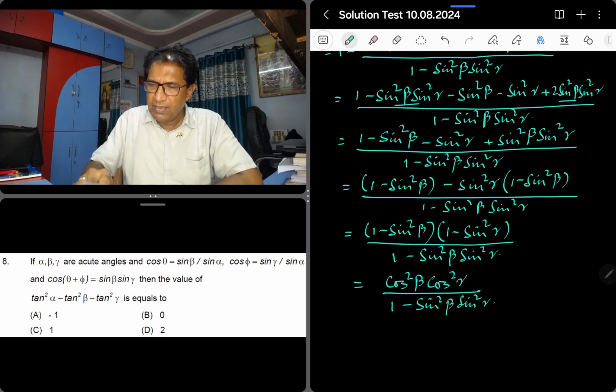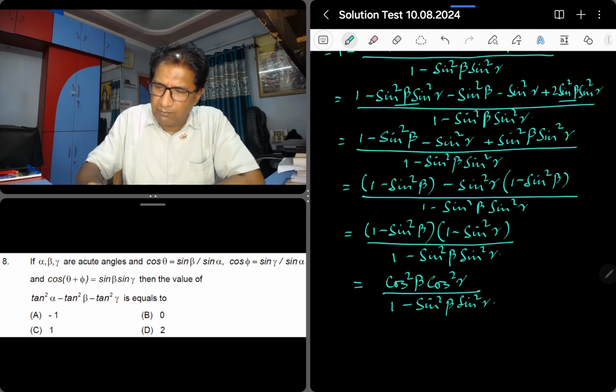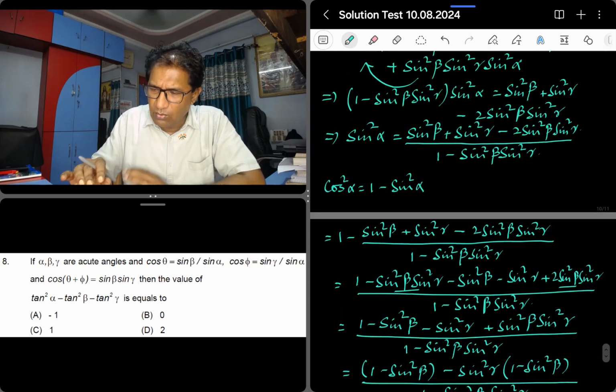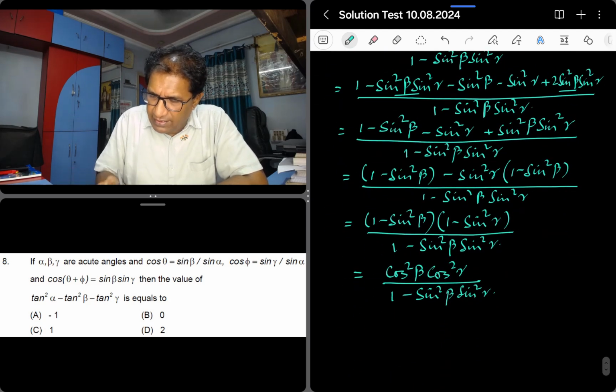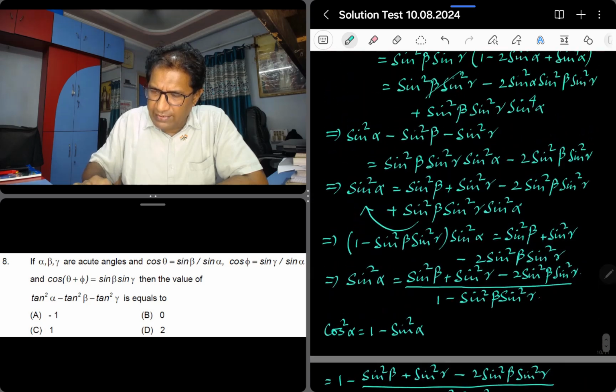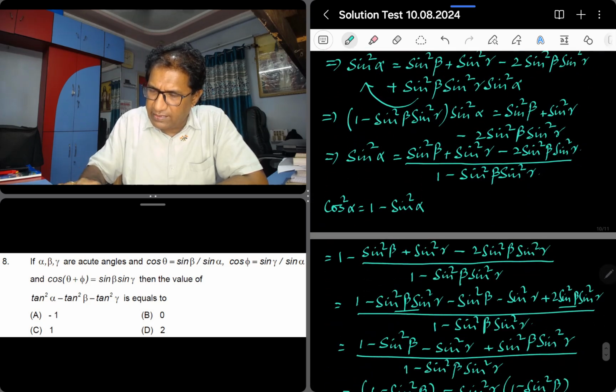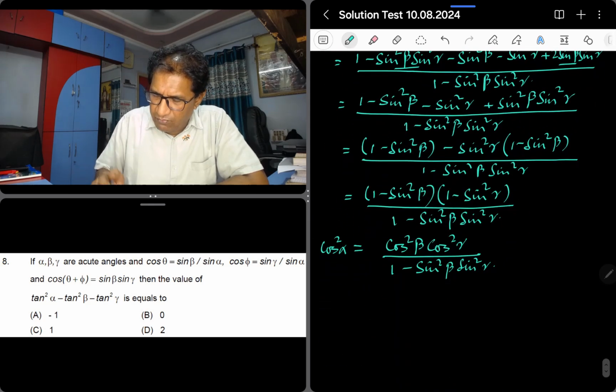Is it clear? This sum is pretty lengthy. It's true, this is the only sum given in this paper which is little lengthy. So we got this value is basically your cos square alpha. This is your cos square alpha. And what about your sine square alpha that we got? We got this thing as our sine square alpha, right? This is your sine square alpha. Now if I divide these two, we are going to have